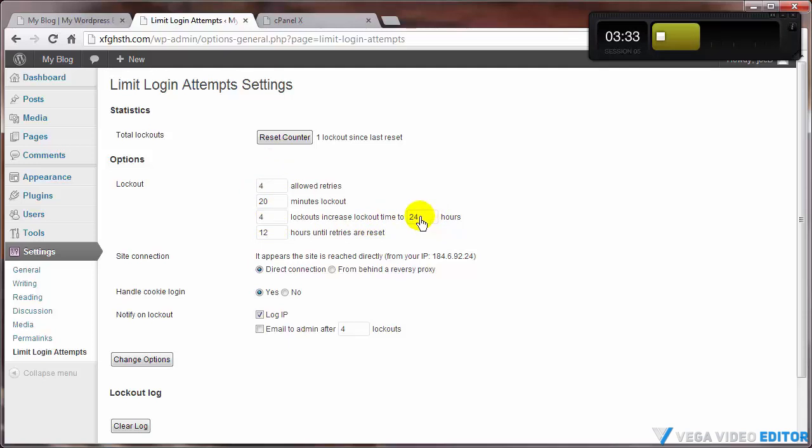Frankly, myself, I would change this to like 700-some-odd hours. I don't want them back, because if they are a legitimate login or a legitimate user and they simply screwed up 16 times, then something's wrong there. They're trying something fishy. So really, in my experience, if they've been unable to log in 3 or 4